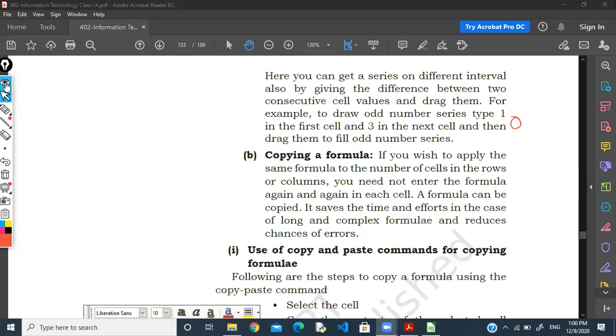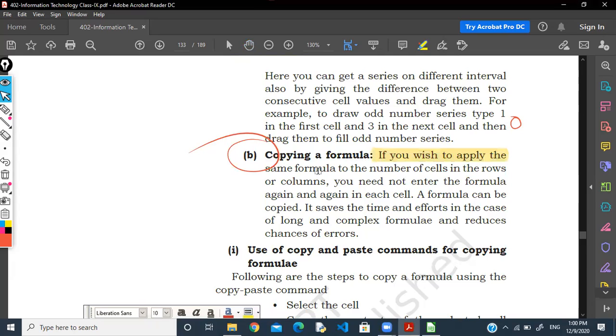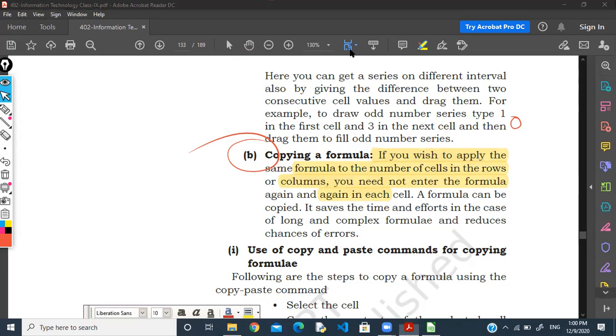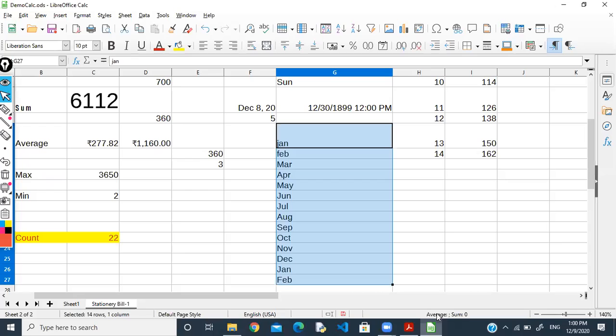Copying a formula means that you simply write the formula in one cell and just drag the formula to all the other cells. No need to write the formula again and again. You can just drag it, and whenever you drag it, it automatically copies the formula there. So that is the advantage of the fill handle. Now I'm showing you, suppose,